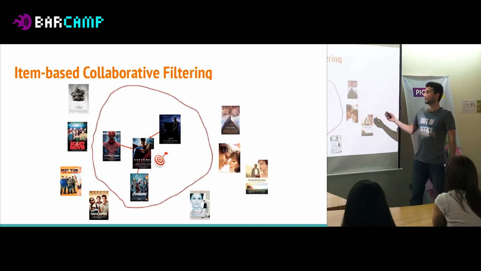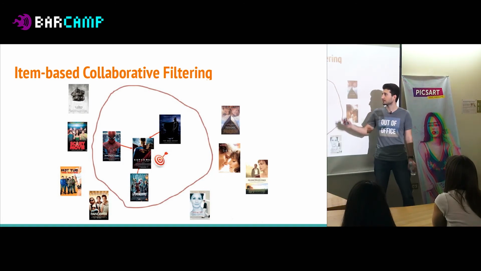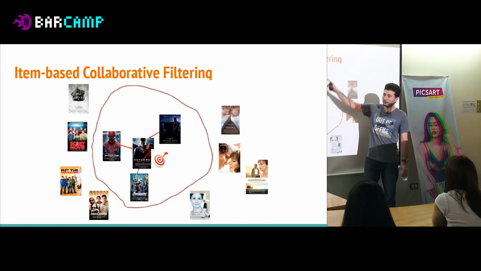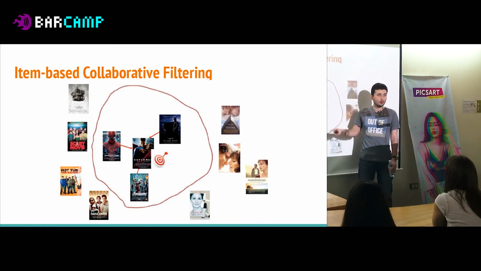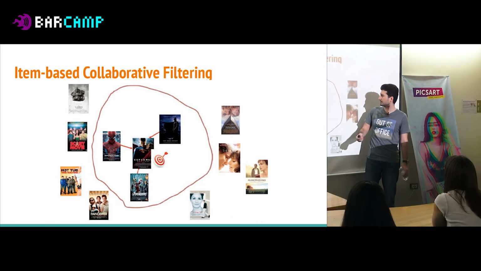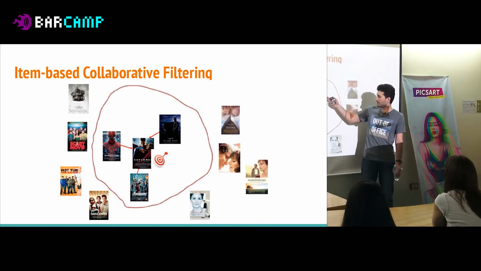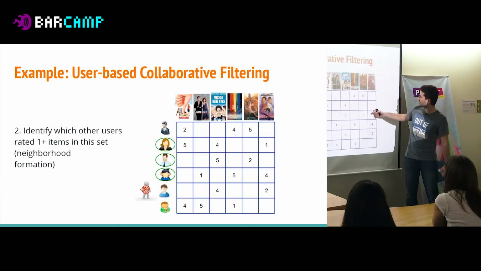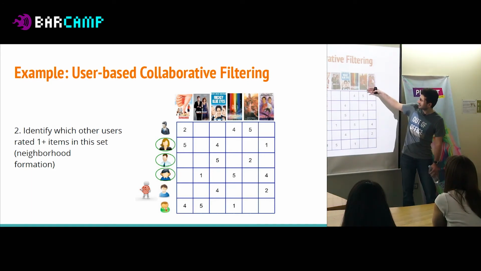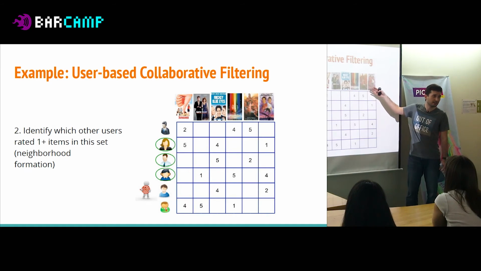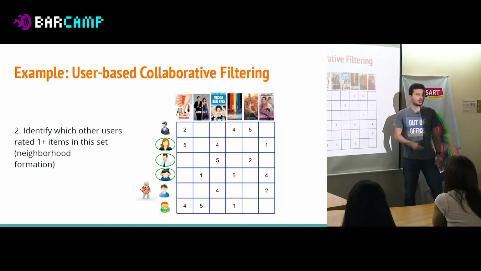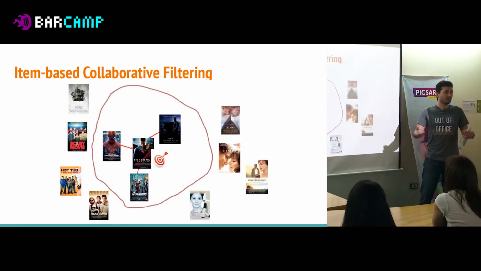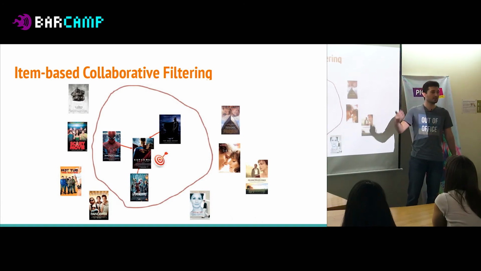Okay, so the same idea, but just flipped around, is item-based collaborative filtering, where, for example, for the movie Superman, out of all movies, we try to find the top n most similar ones. In this case, these movies happen to be Spider-Man, Batman, Avengers, based on the interactions. So if we go back here, for this movie, if we try to find most similar ones, we calculate similarity with these ratings for different items. And then the idea is going to be the same. We're just going to leverage this similarity information.